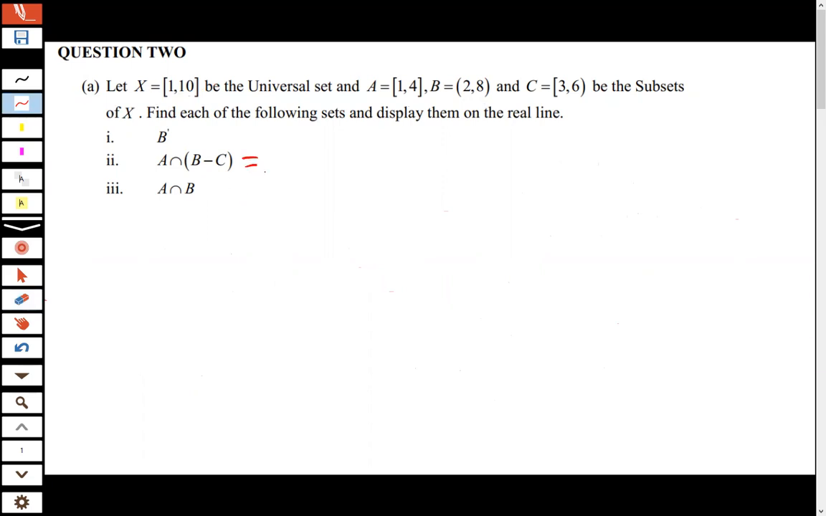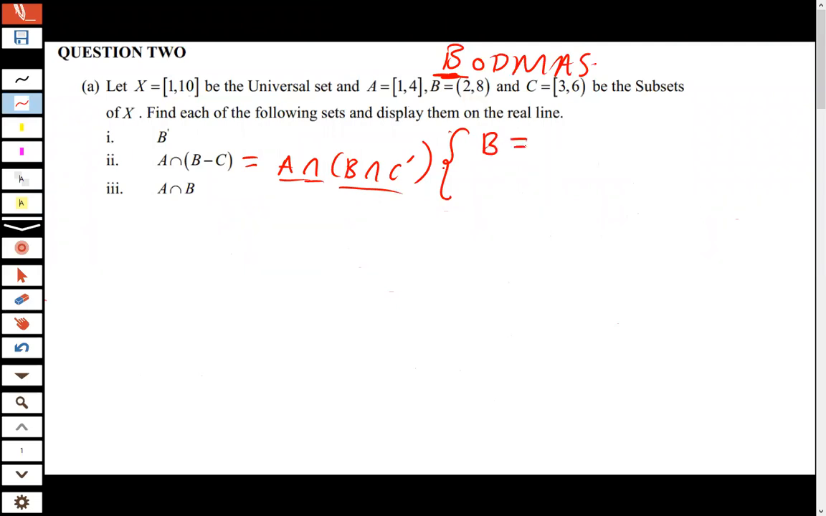So this expression can also be written as A intersection, open brackets, B intersection C complement. So according to BODMAS, we always have to start with what is in the brackets. So let's deal with what is in the brackets and then we'll come and intersect it with A. So let us first find B intersection C complement. So I know that my B is equal to